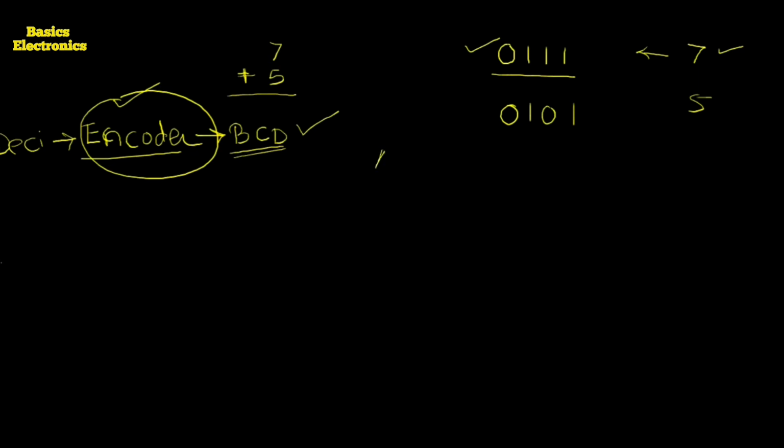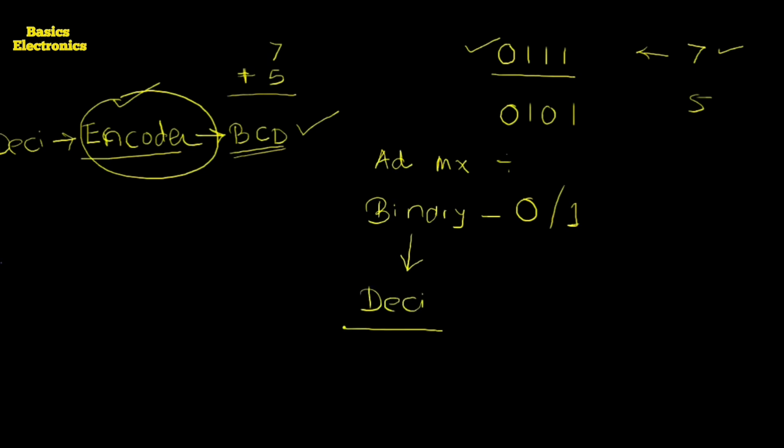Now the process is done. That process is the addition, or it may be multiplication or division. Whatever the process inside the calculator, it provides the output, and that output is again in binary. If we display the binary output, no one can understand it, because there are only 0s and 1s in binary. So this binary is converted again, not exactly into decimal, but into a readable format.